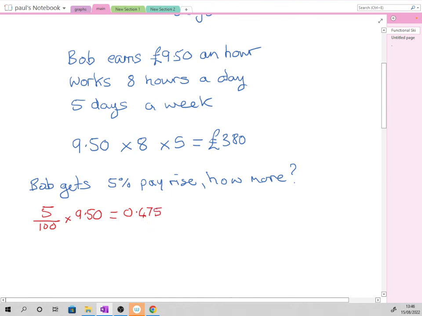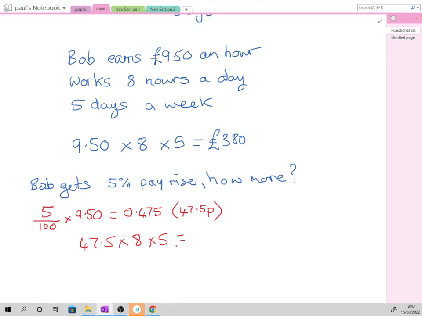So I'm going to call that 47.5p. I was thinking about rounding up to 48, but I don't think there's any need to. So if we then take 47.5 times 8 hours a day times 5 days, so 47.5 times 8 times 5 is,